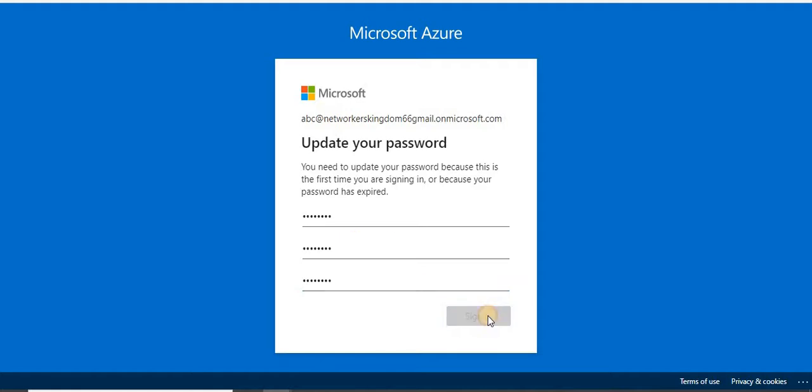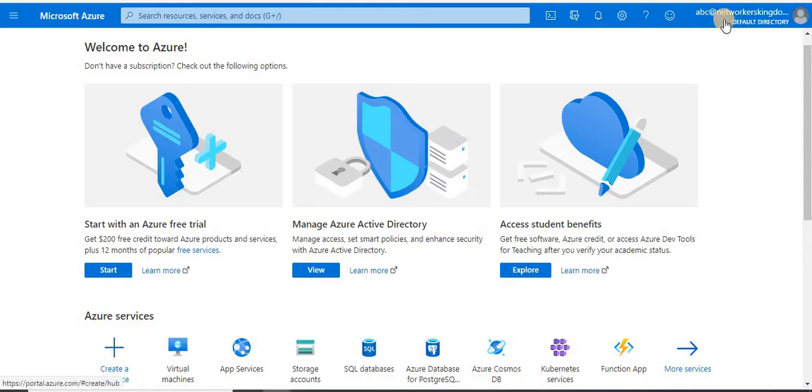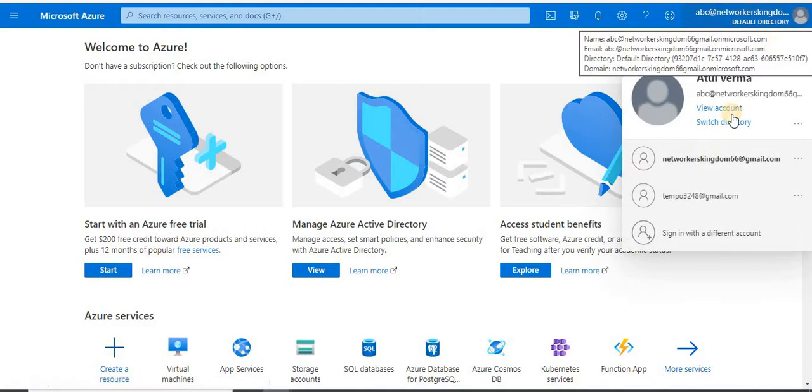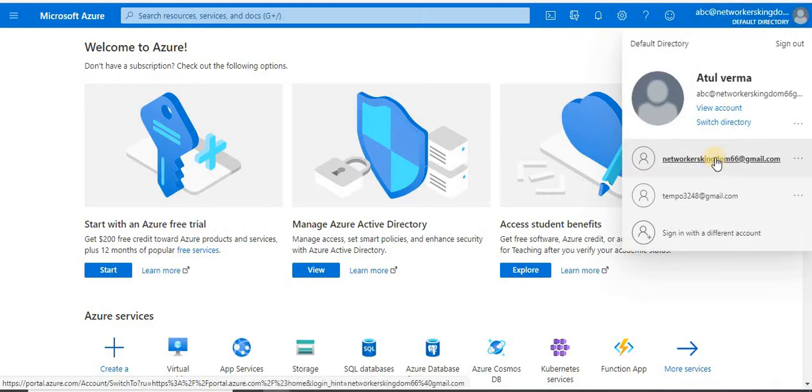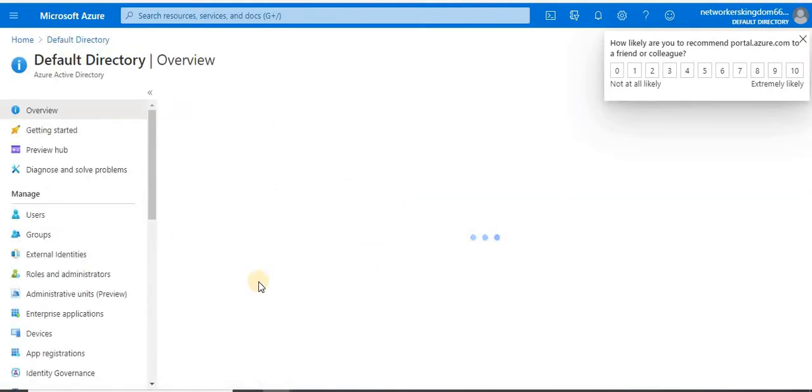Okay, and sign in. So it should work. See, I am in ABC at the rate Network Kingdom user. Okay, so it means my user is working fine. Okay, let me move back to my original user. So this is how basically we create user in our Active Directory.